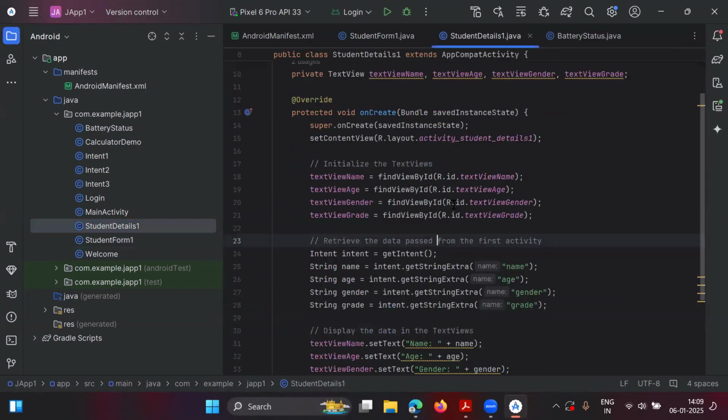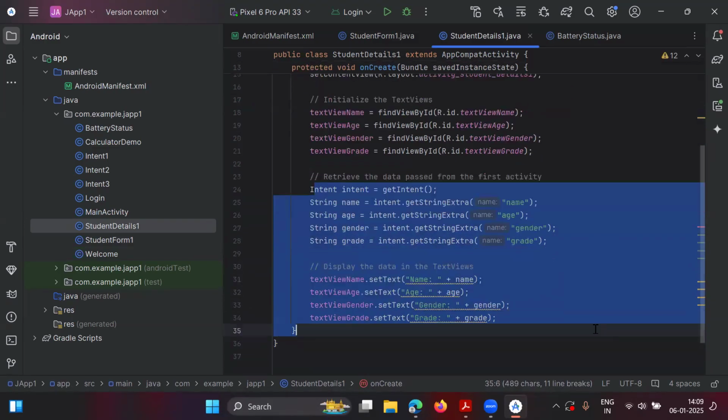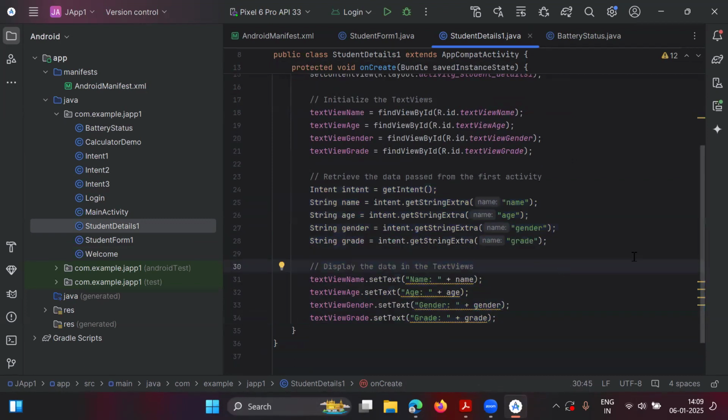I'm initializing the data and I'm passing it to the second activity. Within the second activity, what we are doing is extracting the data given by the intent and displaying it on our screen. So that's it. This is just a standard example of working with the intent, that is going from